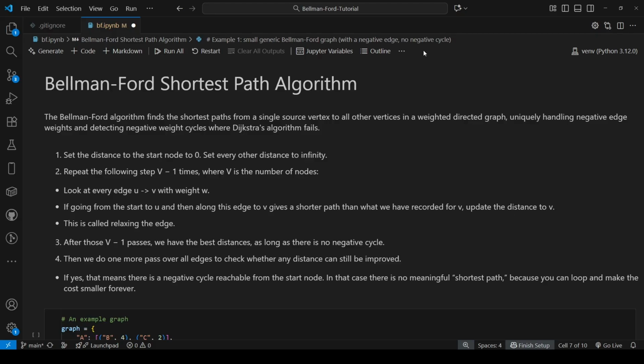Dijkstra works great when all edge weights are non-negative. Bellman-Ford solves the same problem, but with one big advantage, in that it can handle negative edge weights and it can detect negative cycles. The trade-off is that Bellman-Ford is slower than Dijkstra, but it is more flexible. So anytime you see negative weights or you need to check whether a negative cycle exists, Bellman-Ford is the tool you want. In this video, I'll explain Bellman-Ford at a high level, we'll implement it in Python, and we'll walk